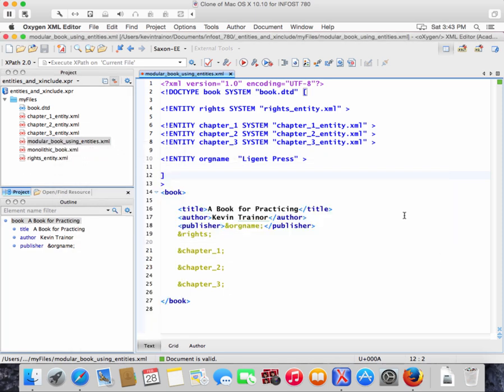Okay. When we do the transformation, we're going to create that. So, modular book using entities. It still uses the same old DTDs. So if we look at modular book using entities, it still doesn't have to change the external subset of the DTD. What it does, though, is it creates an internal subset by adding this square bracket expression after the external subset